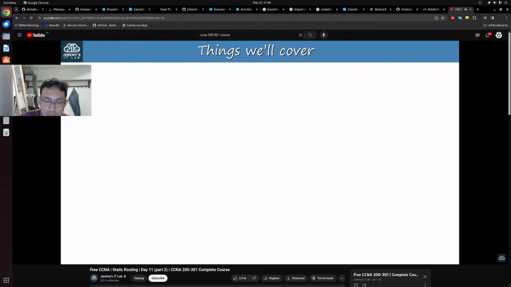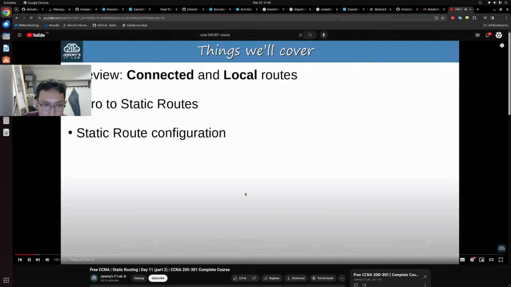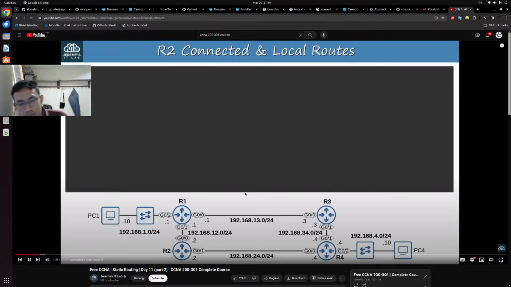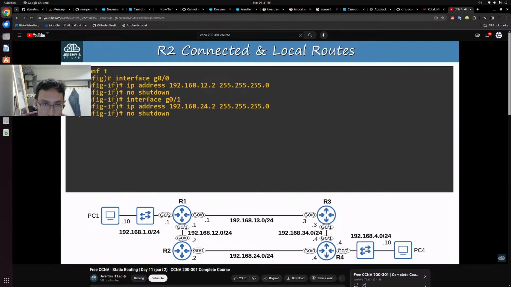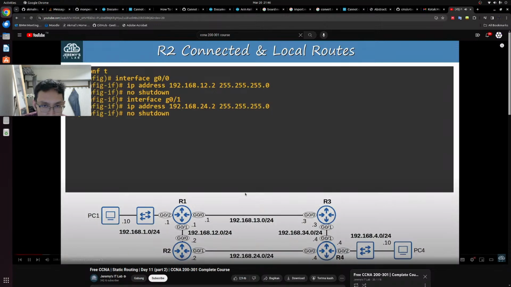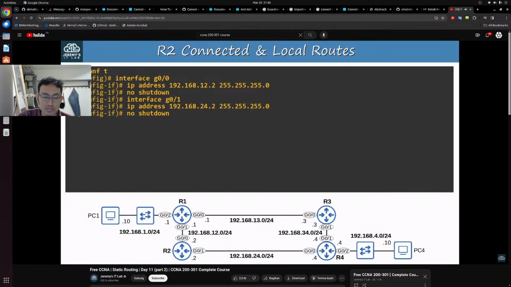Here's what we'll cover in this video. First, we'll briefly review connected and local routes, and how to configure IP addresses on the routers and check their routing tables on the CLI of Cisco routers. In the last video, I showed R1, so for this video, let's start from R2. I configured IP addresses on G0/0 and G0/1, and enabled both interfaces. Remember, if an interface is disabled, the connected and local routes for that interface won't appear